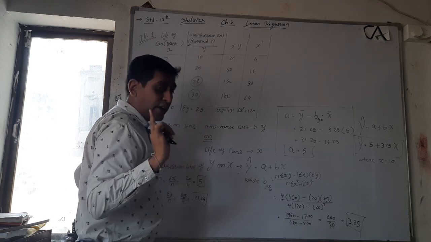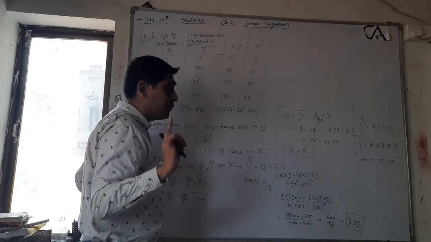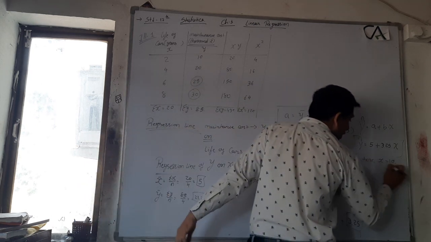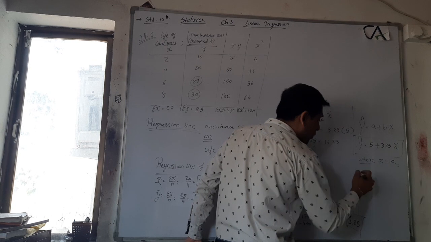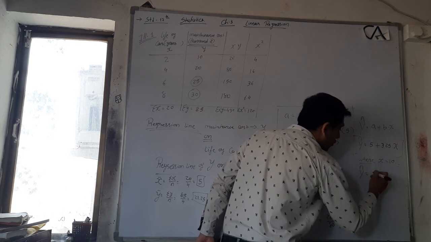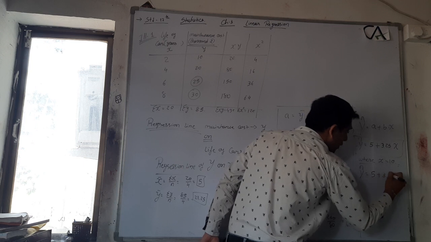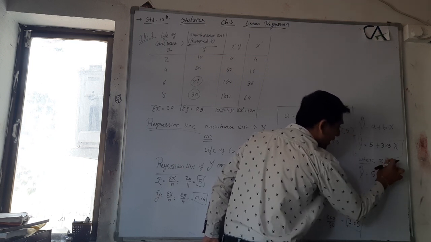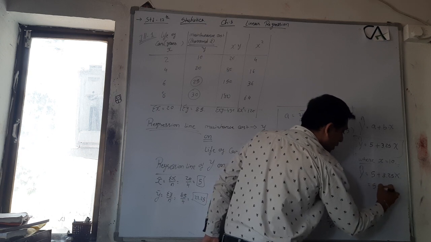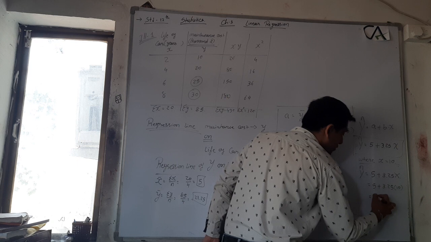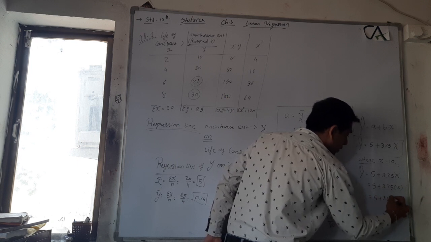But if an extra question is given, that means if an extra value is given for x, we have to find the estimated value of y, that is y cap is equal to 5 plus 3.25x, where we put the value of x as 10: 5 plus 3.25 into 10, that is 5 plus 32.5,